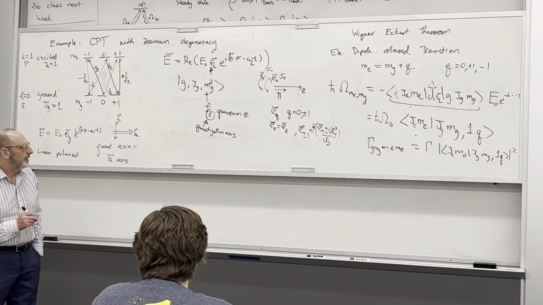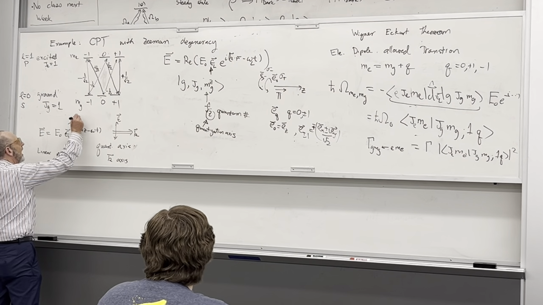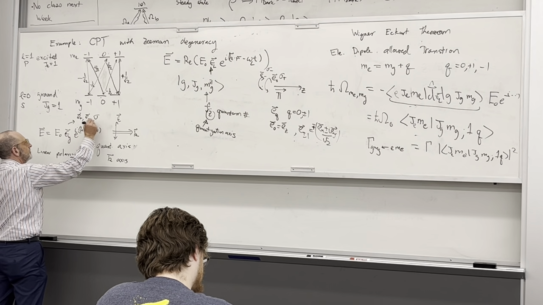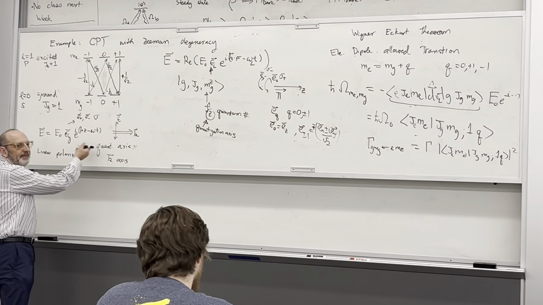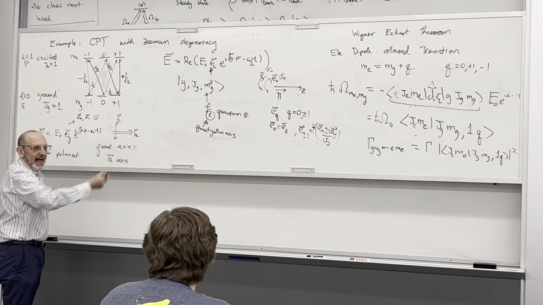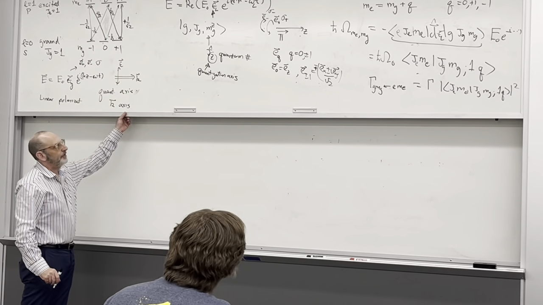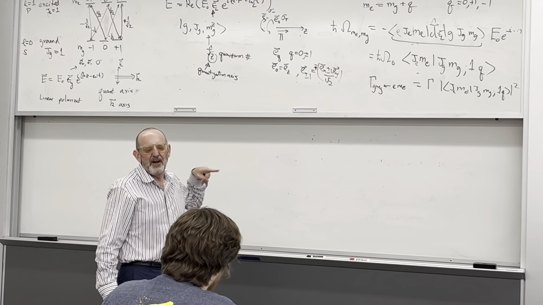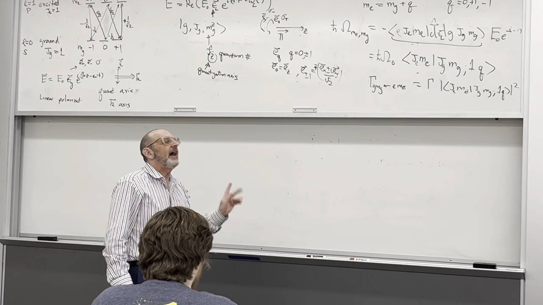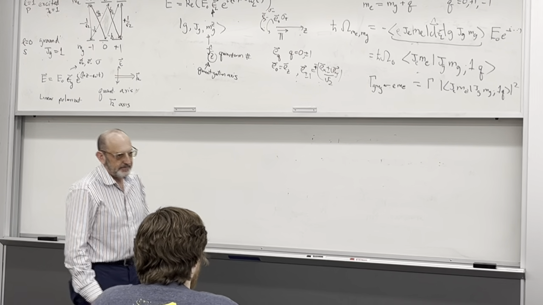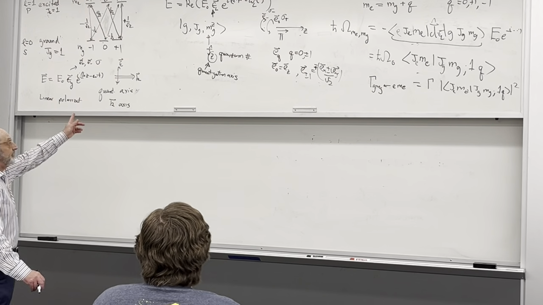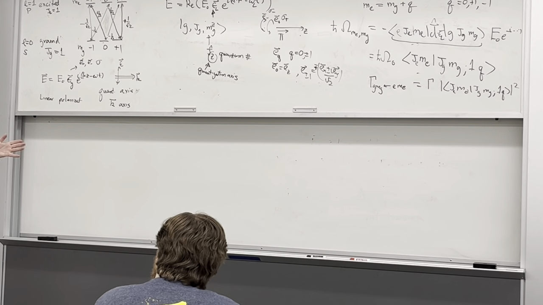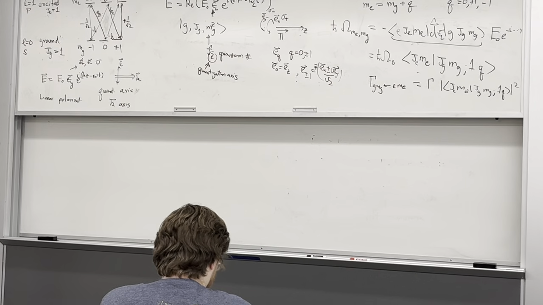In that case, my polarization only has an E plus and E minus component, sigma. There's no pi light because the field is transverse and I can't have any polarization along the propagation direction. So if I choose the quantization axis along the propagation direction, then I only have sigma polarization. I could have sigma plus, I could have sigma minus, or both. In this case, I have both because the linear polarization is a superposition of right and left, okay? So, with that said,